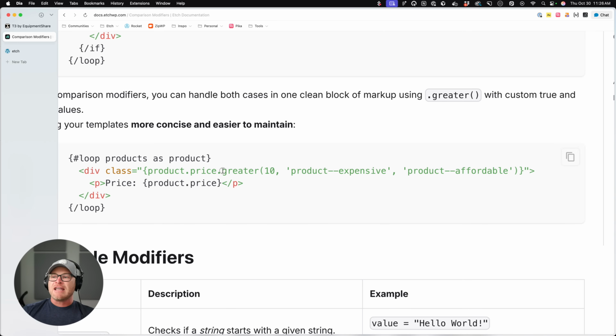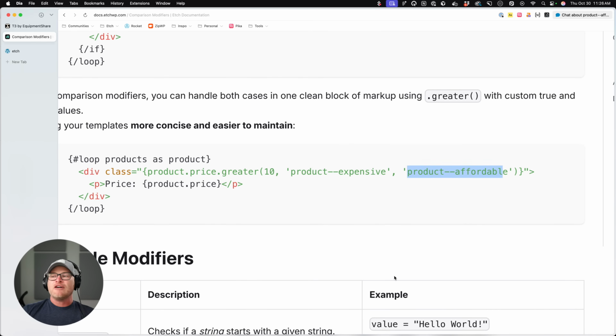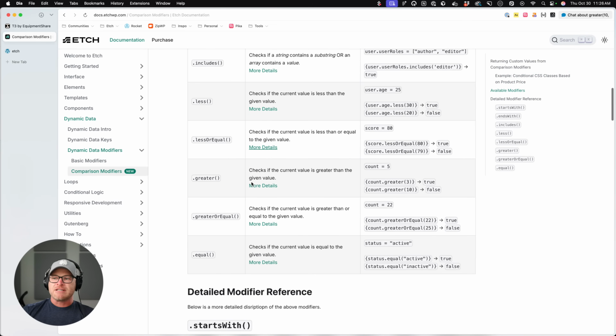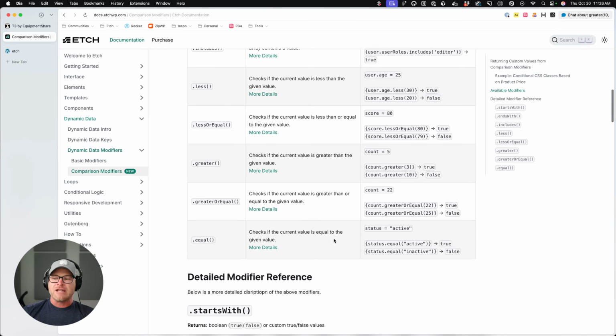We're saying if the product price is greater than 10, then it's going to get expensive, and if it's not, it's going to get affordable, right? So it's going to do this if it's true, and this if it's false. This is inline logic using greater, which is one of the available modifiers for comparisons, okay? And you can see the ones that are available here.